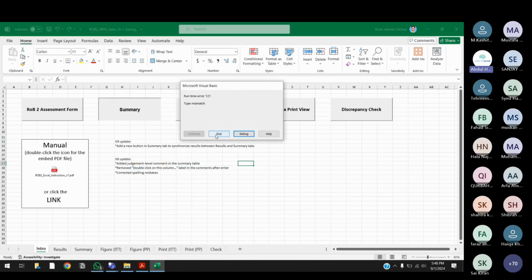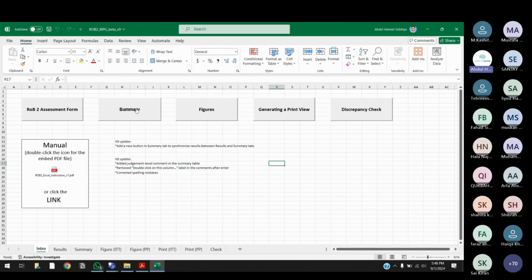Okay, so it is crashing for me. Okay, so to create the summary, just click on the summary button and it is going to create the summary. Yes, you do not use it, you just create the figures, right? And if anyone else is facing this issue, तो मुझे बाद में बता देना, I'm going to resolve it for you. You just need to delete the file and reinstall it and it's going to work.